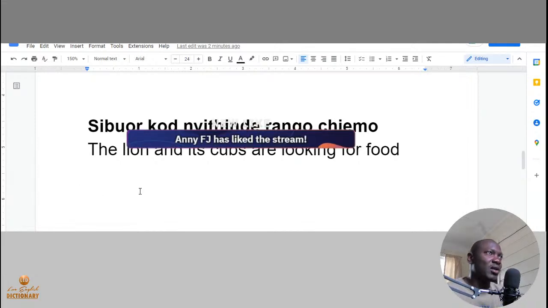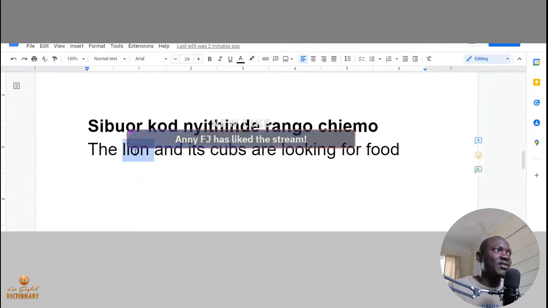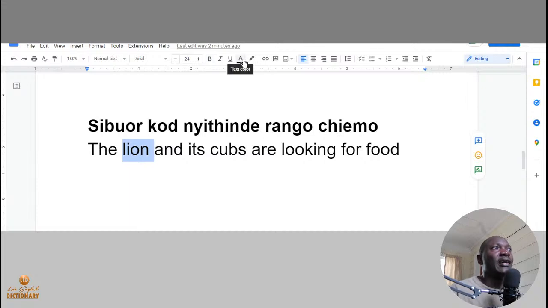Now, Sibuor kod nyithinde rango chiemo. The lion. So lion is called Sibuor. Lion is Sibuor. Then,